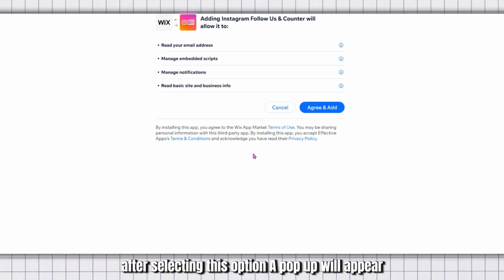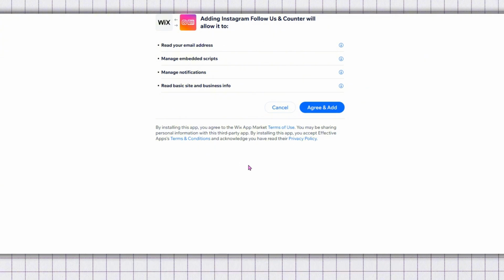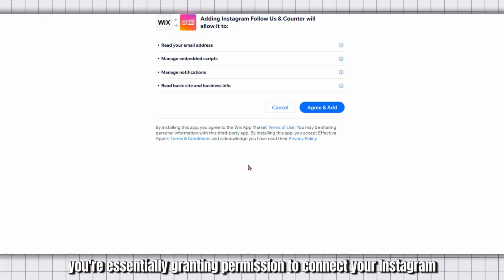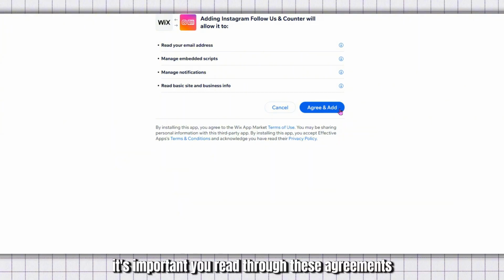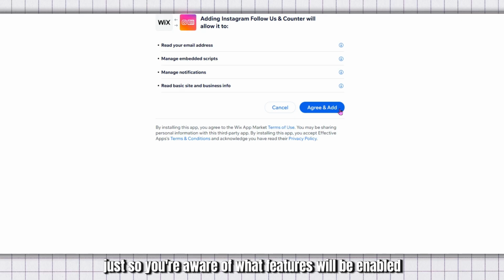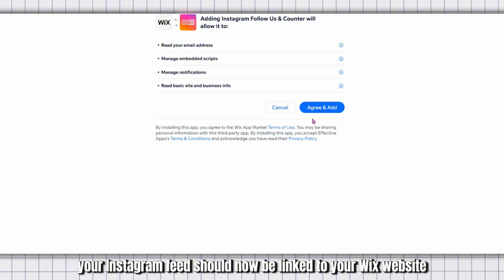After selecting this option, a pop-up will appear, prompting you to agree and add this feature to your site. Click on Agree and Add. By doing so, you're essentially granting permission to connect your Instagram account to your Wix site and making the necessary configurations to display the feed. It's important you read through these agreements just so you're aware of what features will be enabled and how your content will be displayed. Once you've completed these steps, your Instagram feed should now be linked to your Wix website,